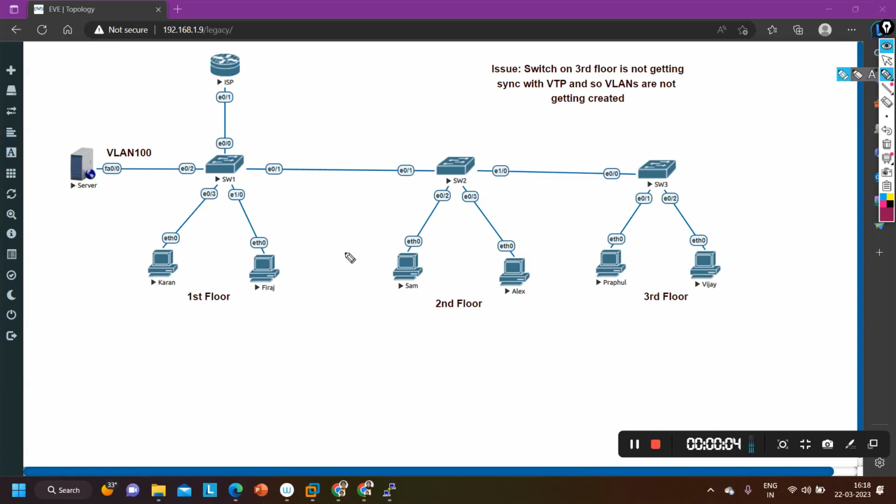Guys, today in this video we are going to troubleshoot this network. Actually, we are going to troubleshoot one ticket. The ticket is: the switch on the third floor is not getting synchronized with VTP, and so VLANs are not getting created. First of all, before starting troubleshooting and before making you understand the problem, let me make you familiar with this